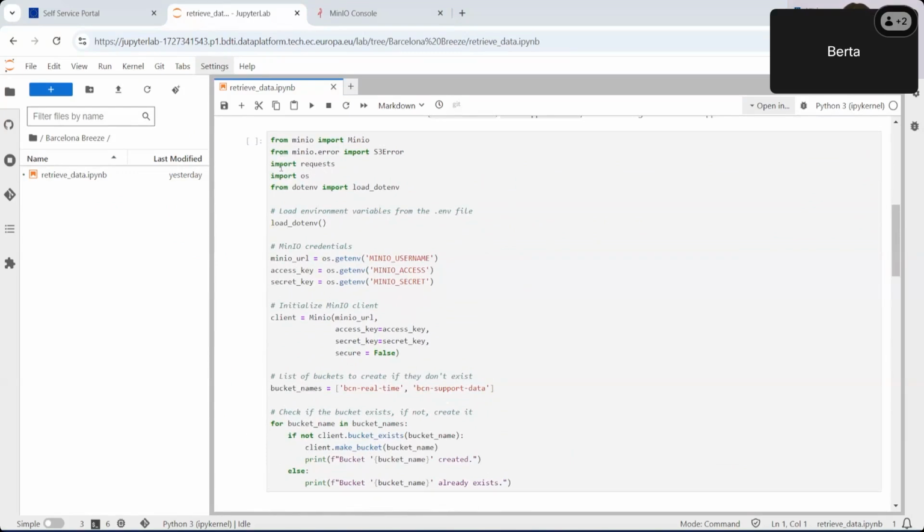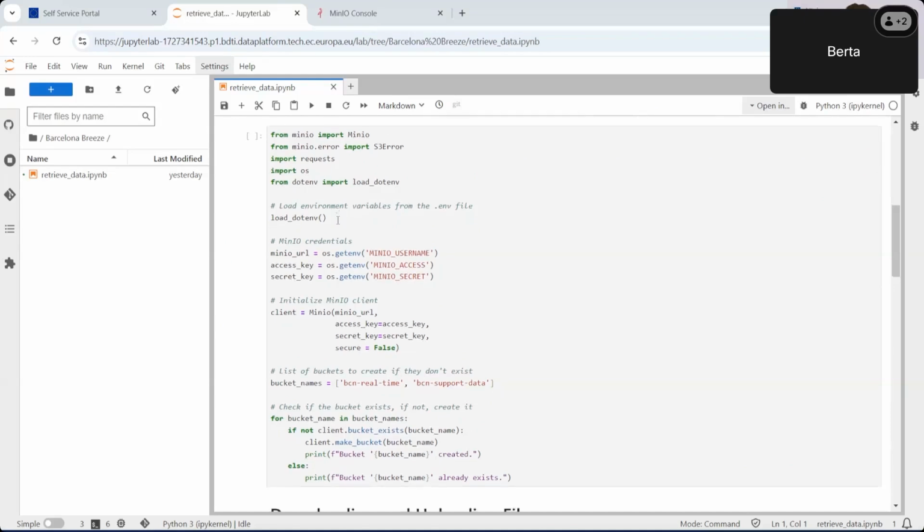The first thing we're doing is importing some libraries: MinIO, one for HTTP requests, OS to interact with the files, so to create new folders, etc., and then dotenv, which is the way we're going to store our credentials. Since it is best practice not to hard code the credentials into the code, we'll keep them separate in a .env file.